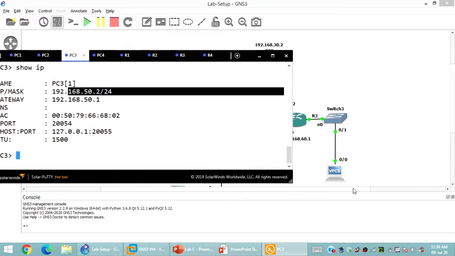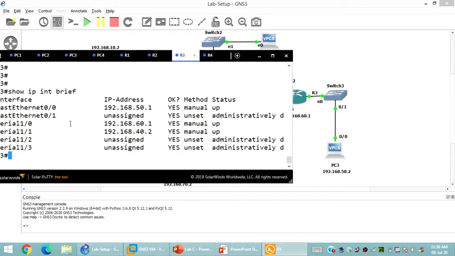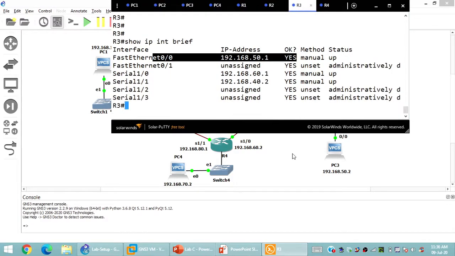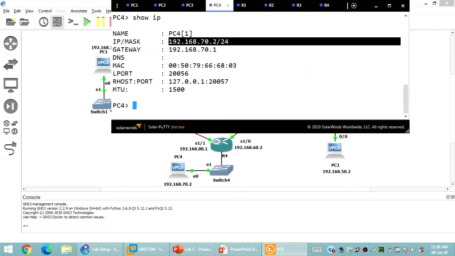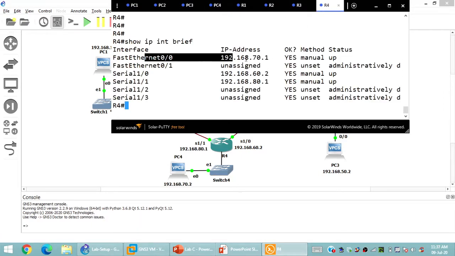Similarly, 50.2 is configured over here in PC3, and FastEthernet is configured in router 3 as 50.1. Similarly, let me introduce 70.2, and FastEthernet as 70.1. So they are also connected.